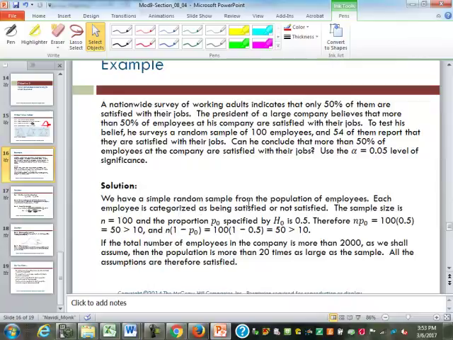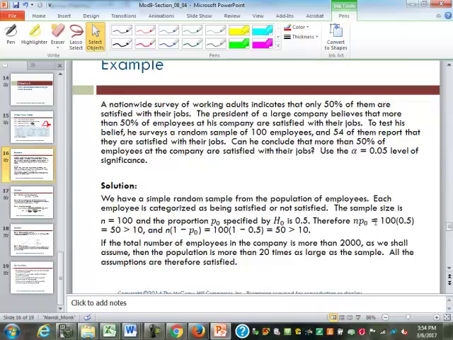we have to look. This is a simple random sample, so we're good there. The sample size of 100, is it more than 20 times? Are there at least 2,000 employees? Well, we don't have that information here. So we're going to assume it's true. We've got 50, of course,